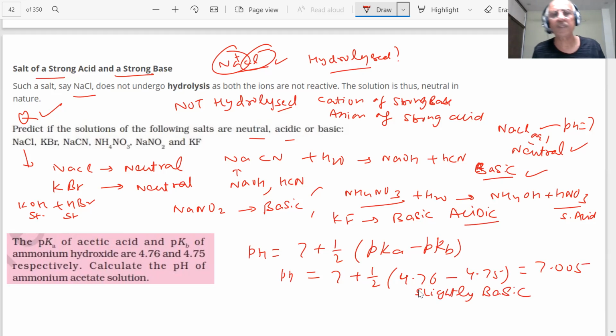So this is the story of the charts, and therefore we will meet you in the next class. So this is how we calculate the values and decide what type of solutions could be there, acidic, basic, or which will be hydrolyzed, which will not be hydrolyzed. How many types of salts are there? Then we'll see you in the next class.